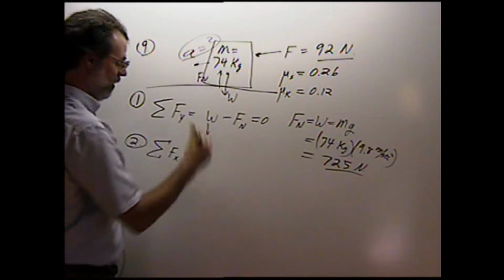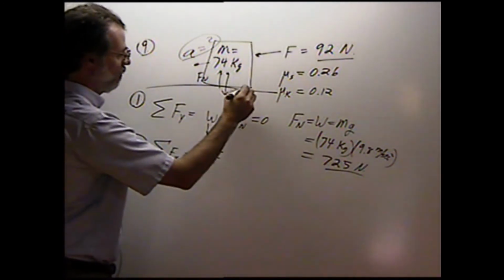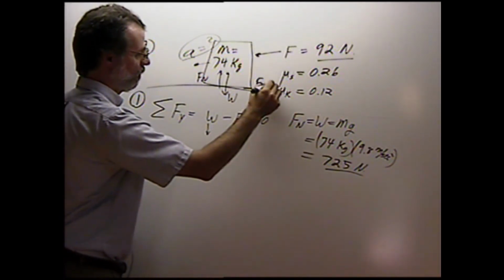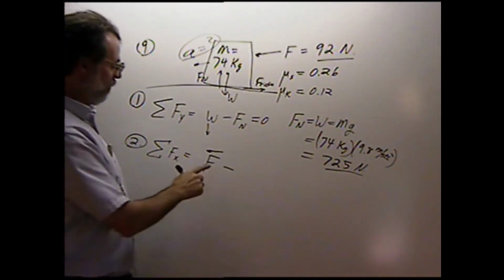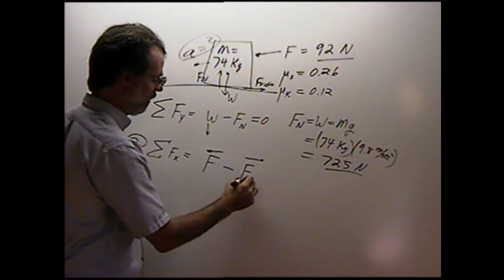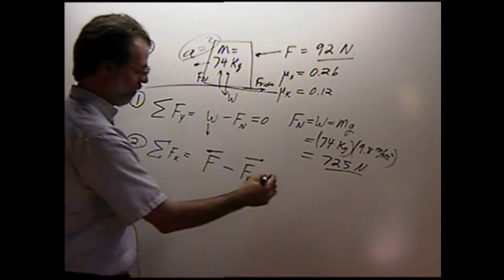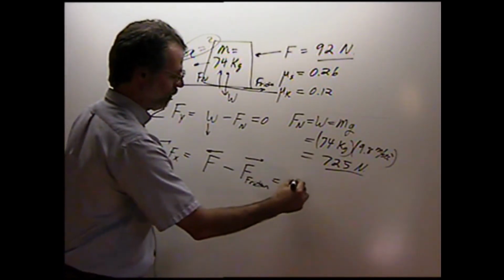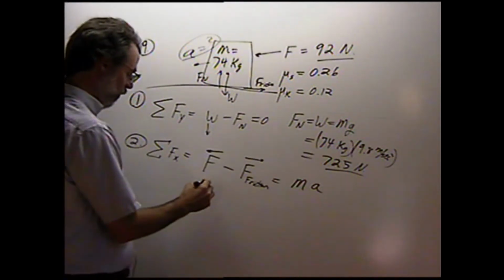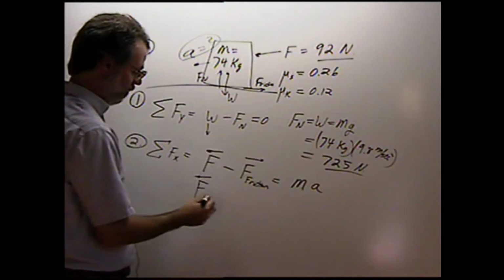We have a force being pushed to the left. I'm going to just draw a left arrow this way. Friction will this time act opposite, so friction is to the right. I'll just use the arrow to indicate the actual direction of the forces. And that's equal to the mass times the acceleration. The force that is applied, here's your 92 newtons, minus